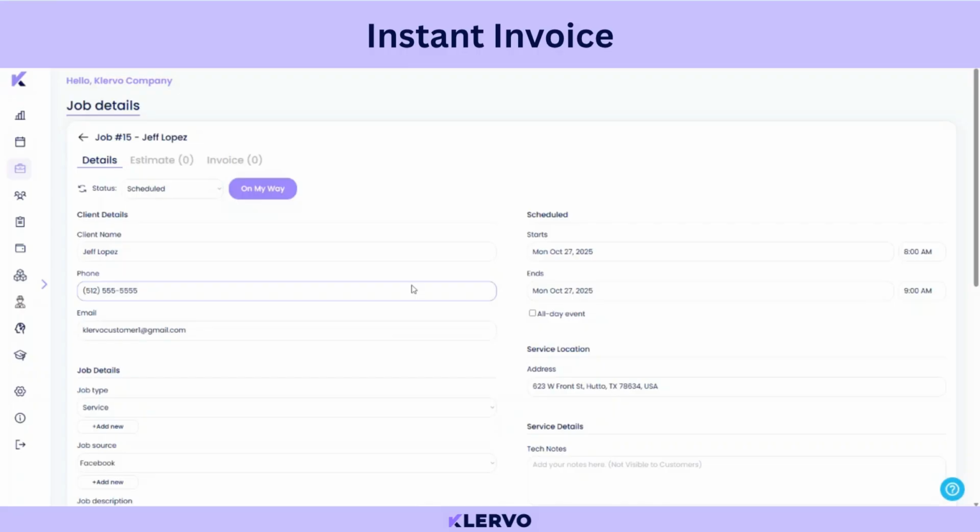Another option the user has is to create an instant invoice. If you feel that an estimate is not necessary for this job, then this is an option for you. The way to process an instant invoice is to be inside the job details. You've already pressed on my way, and let's just say you're already at the job. So you start the job,